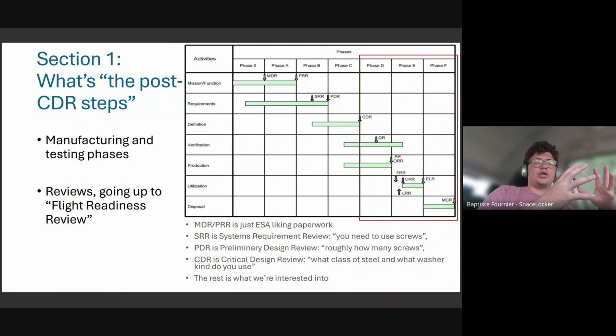The standard project management for space is shared between the Americans and Europeans, and also in most of Asia. Indians have a similar concept. They have different phase names. Okay,